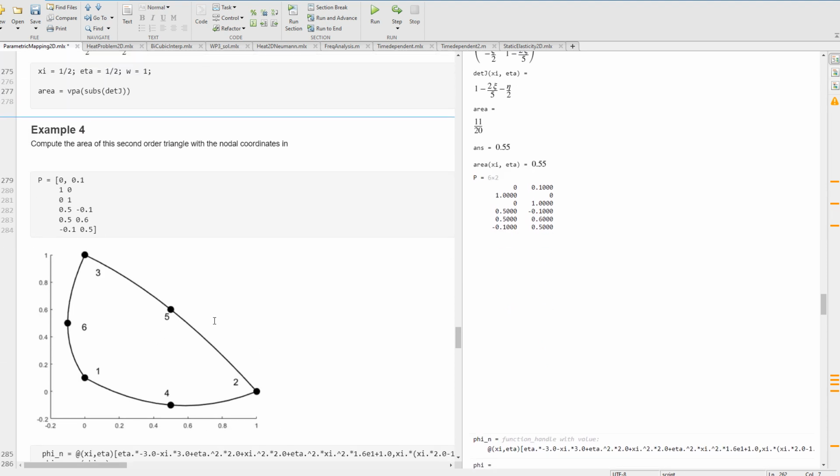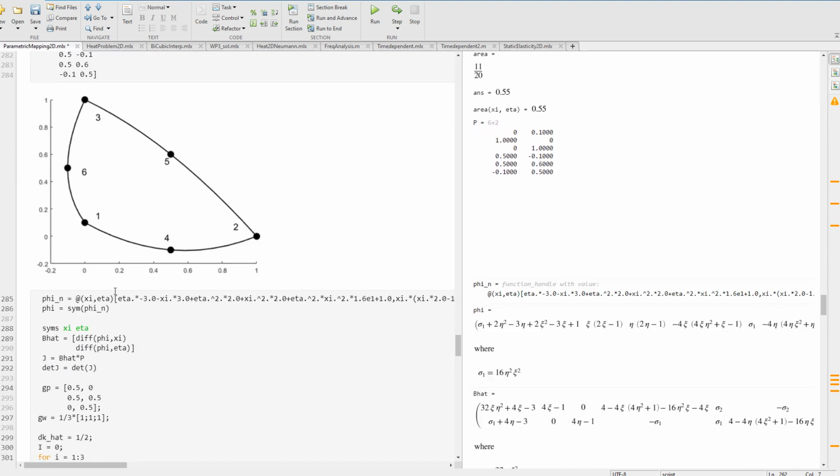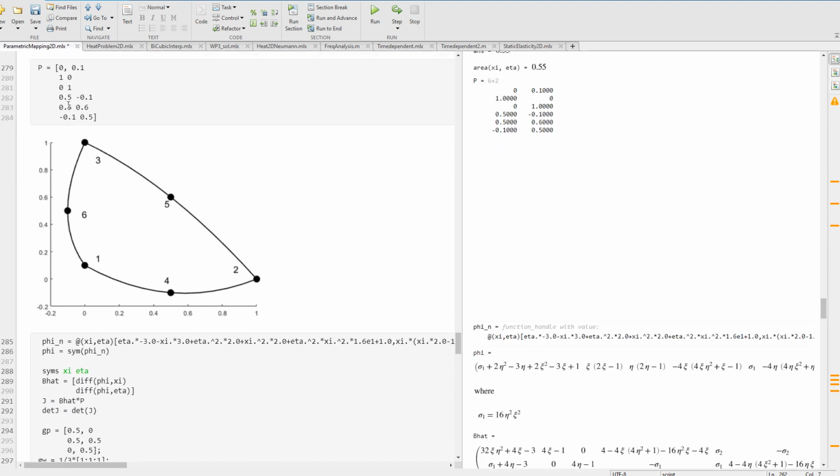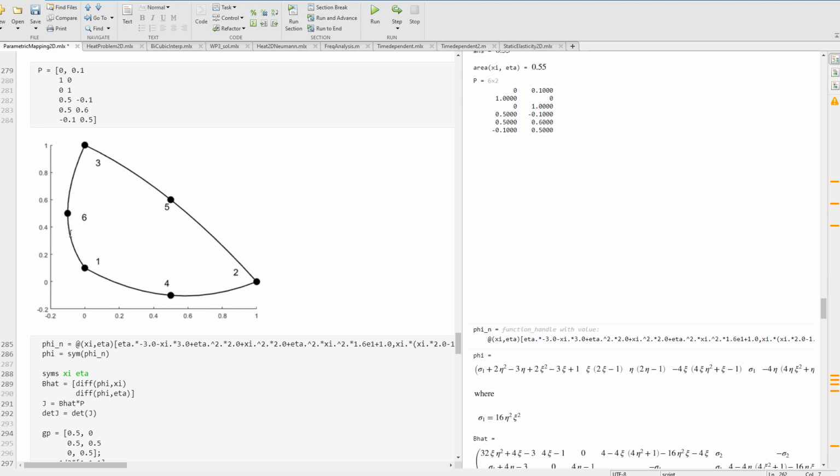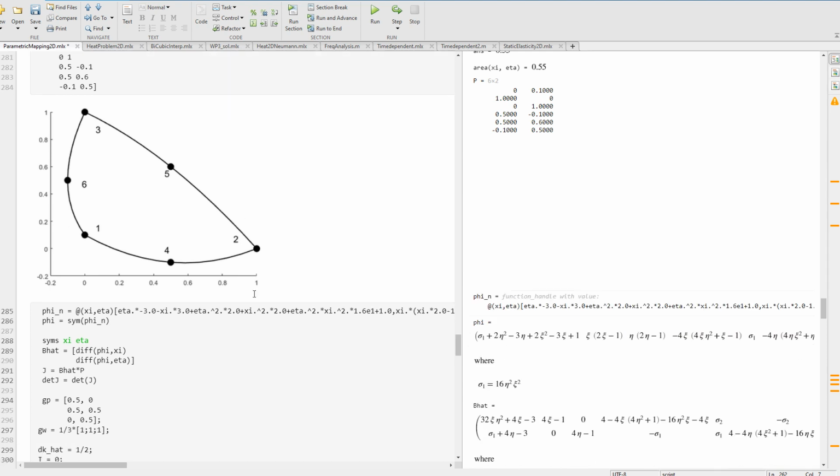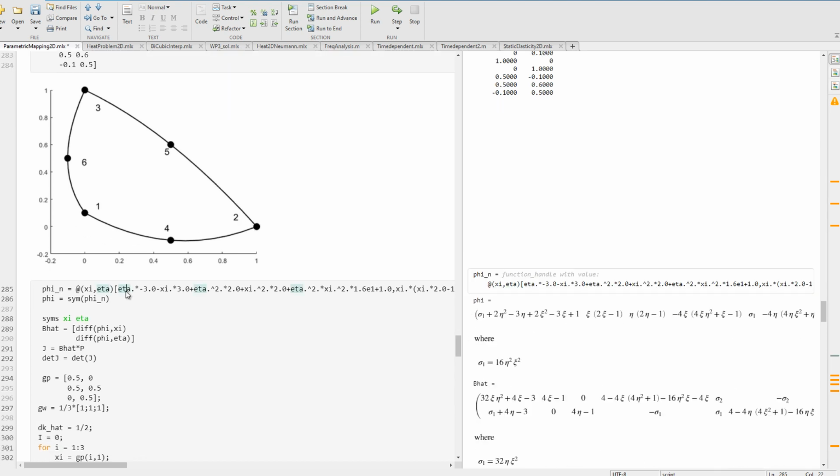This is a second order thing. We give these points, so these black points are given, and the geometry will be as follows here, because all of these sides here will be parabolic. So here is the second order